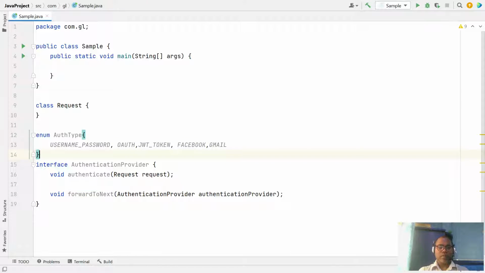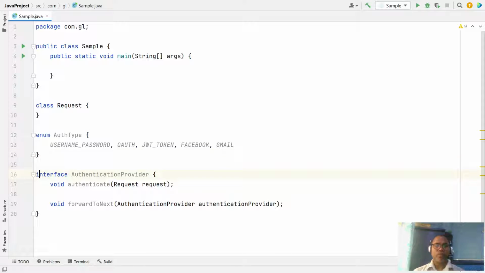Okay, so we are going to support these different types of authentication provider.